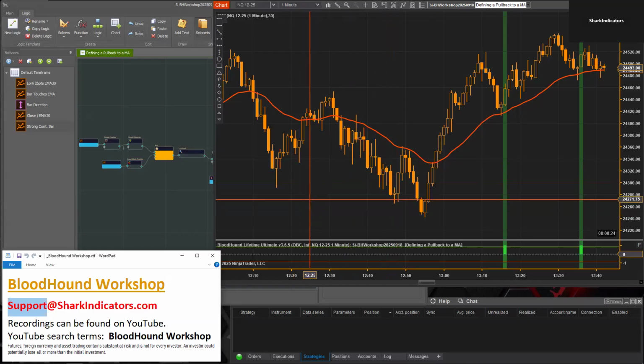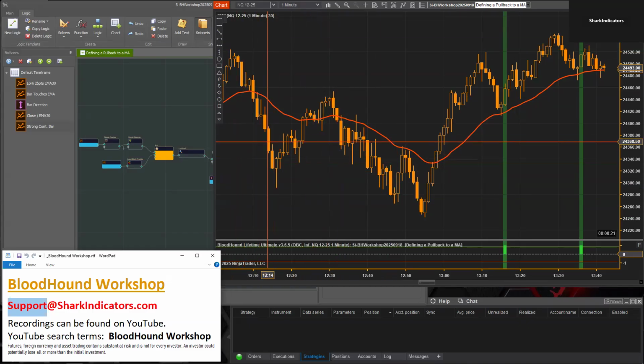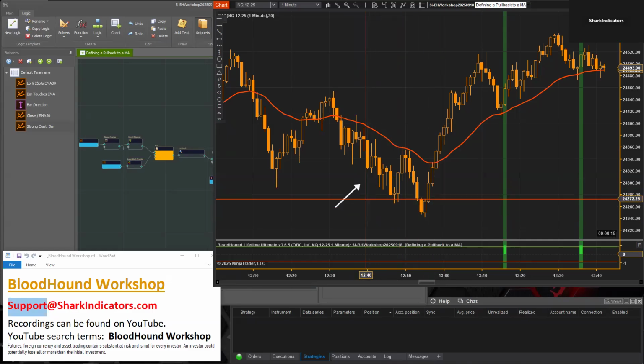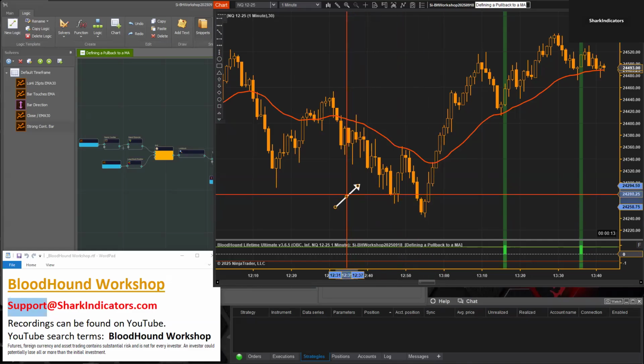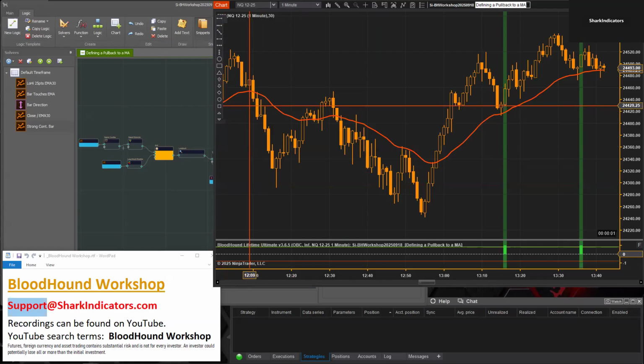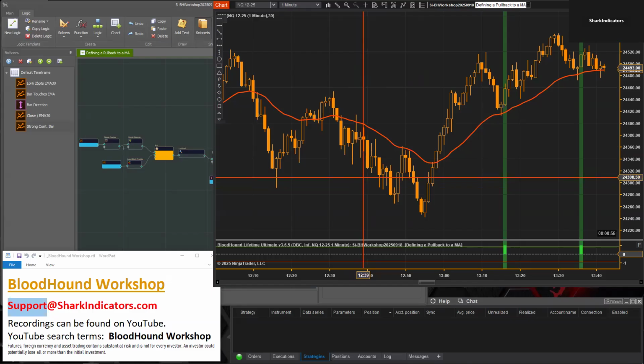That way you can point out the two legs, with a little arrow saying leg one, leg two, so I know exactly what your definitions are. If I didn't do this right, Paul, once you email in a screenshot with the zigzag indicator on it, I can see the two legs you're talking about